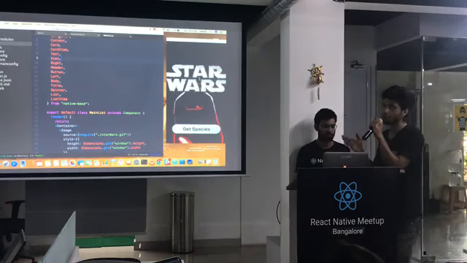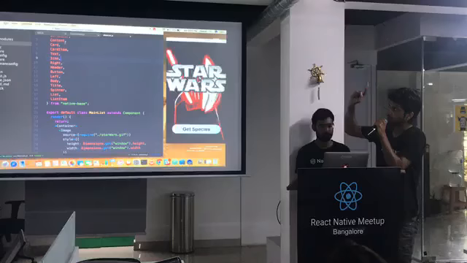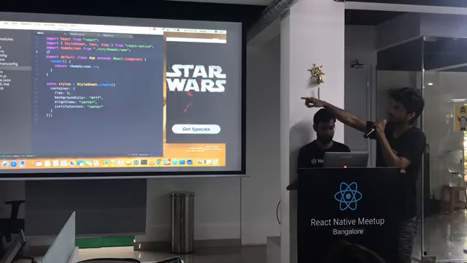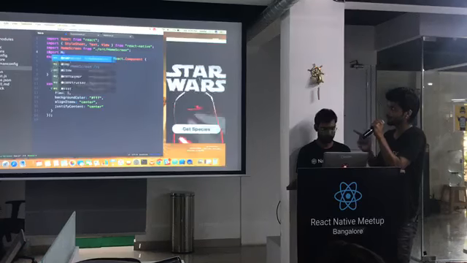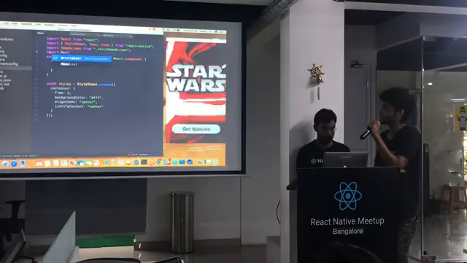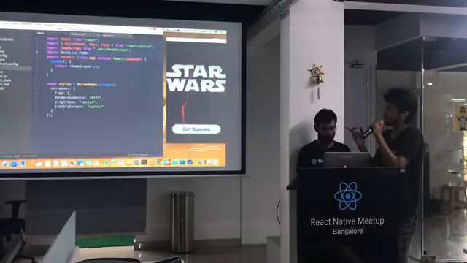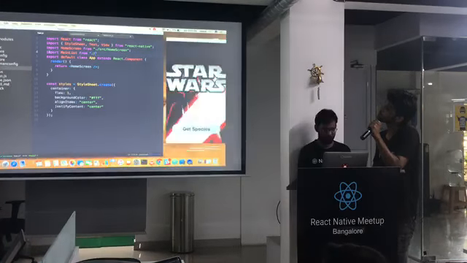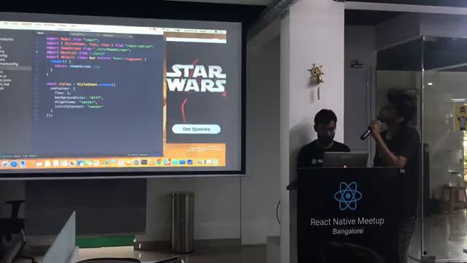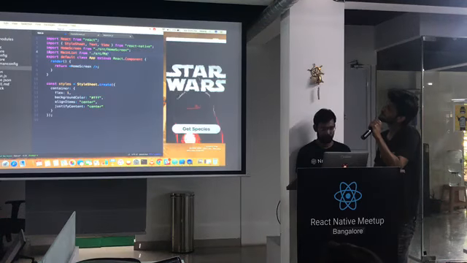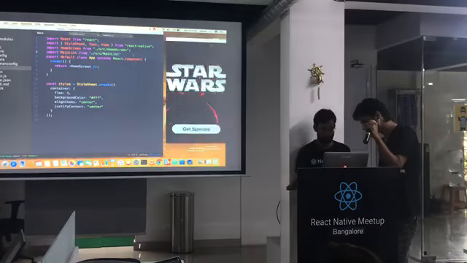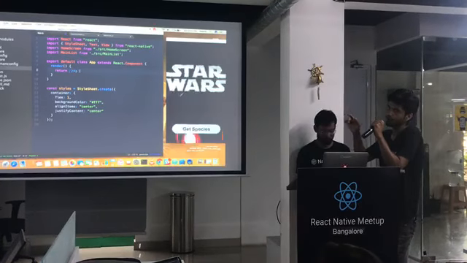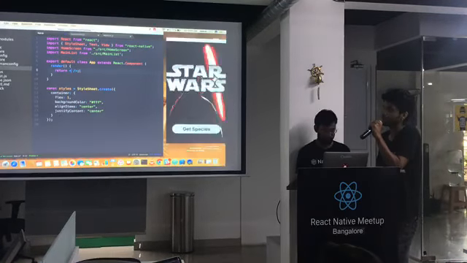But nothing will show up because back in our root, like in the App.js, we are actually returning the home screen. We haven't imported our new screen, so we are going to do that now. So now we've imported it, and instead of the home screen, we are going to add the main list component here.